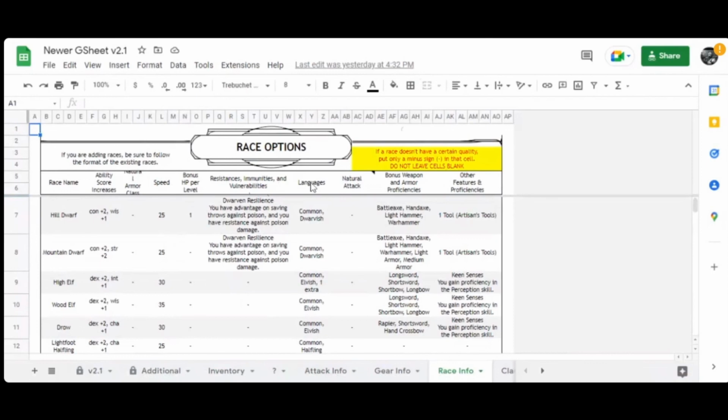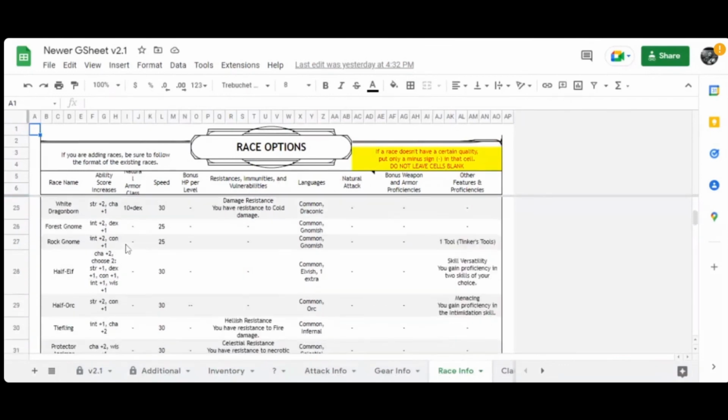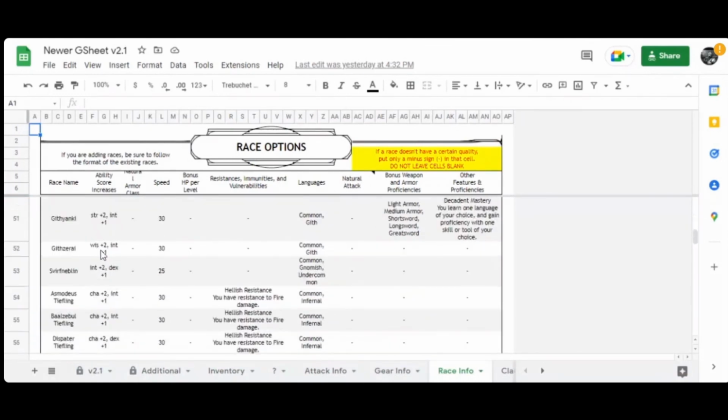And then the next category is languages, natural attacks, like if you have a claw, bite, tail, etc. Bonus weapon and armor proficiencies is, you know, pretty self-explanatory. If your race would give extra things along those lines, and then other features you can type in as much or as little as you need to remember for your new race being put in. So you just scroll all the way to the bottom of the list,